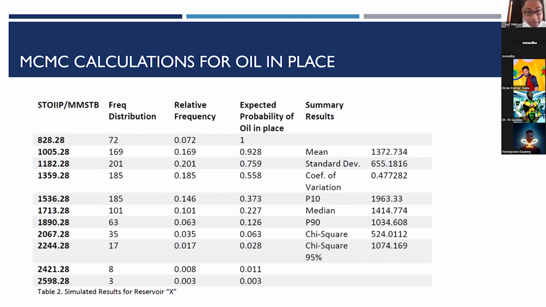And we have some results from here. The expected oil in place is actually around 1372 million stock tank barrels. So that's what the pseudo-MCMC algorithm chunked out. Obviously, if you use different distributions as your base for each of the variables, then you are going to have different estimates for your oil in place.